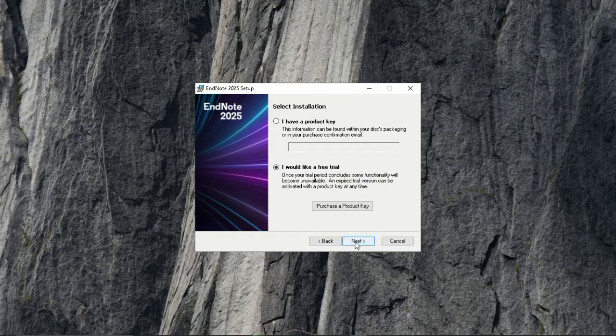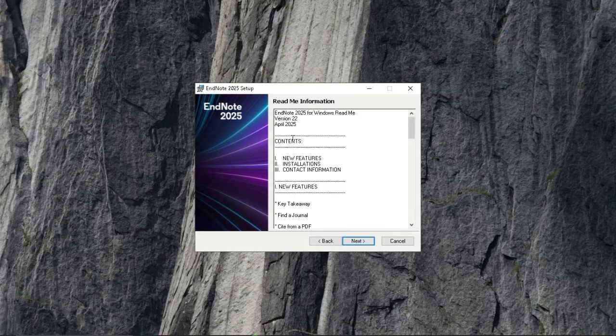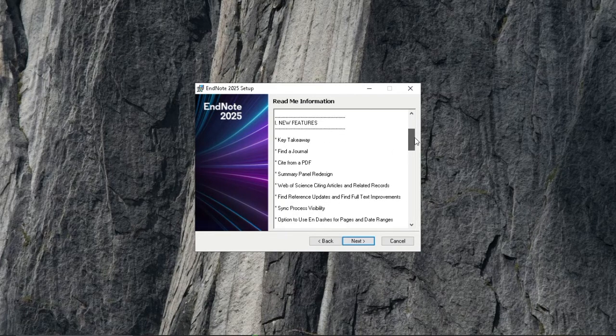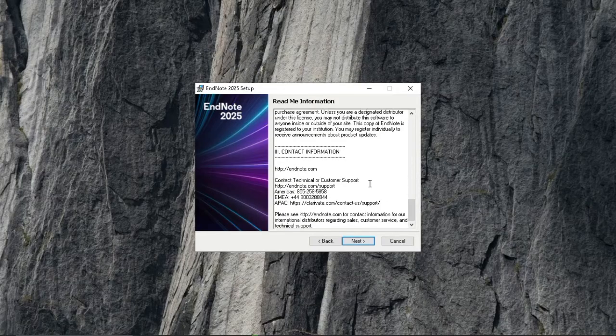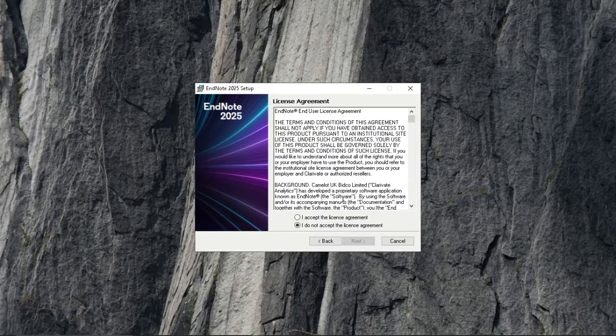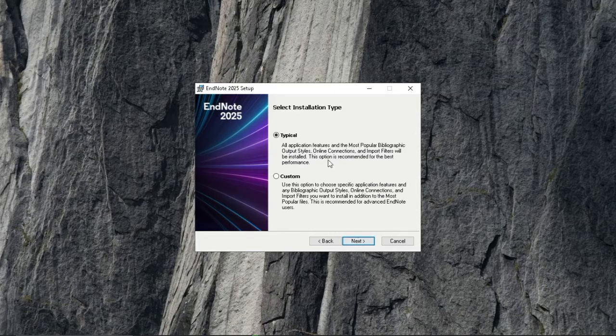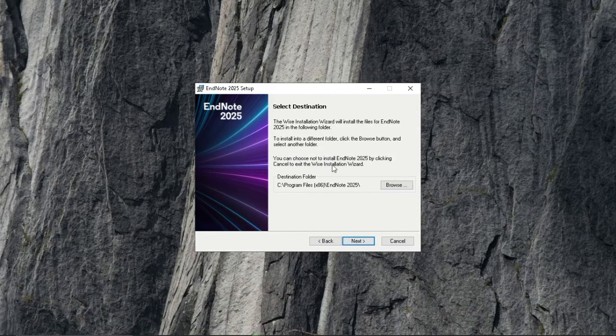You may read all those information if you want. So this is the information about EndNote 2025. Let me just scroll through and then I press on next again. Basically here we need to accept the license agreement to make the next button active. So you can see it's now active, and then you press next again, and then next,